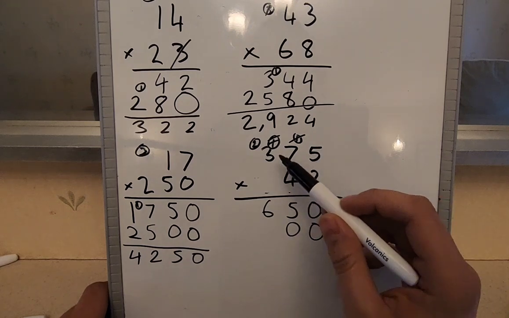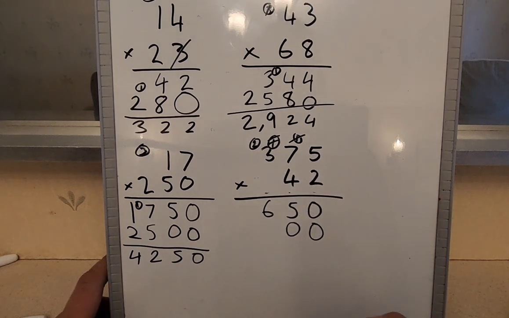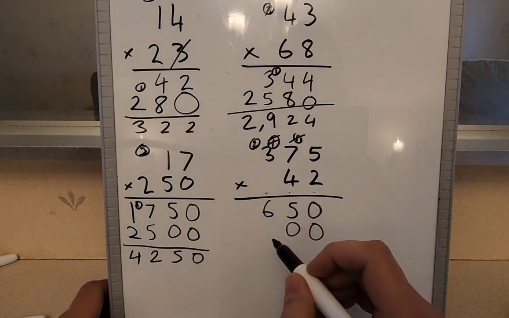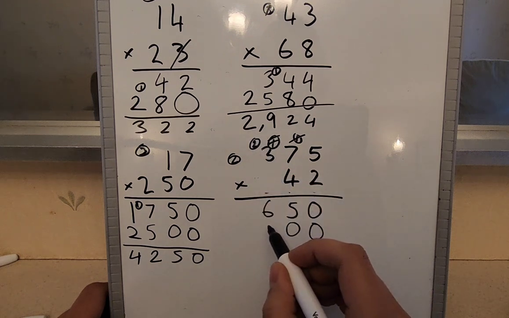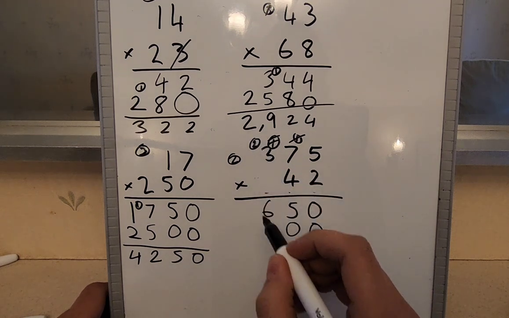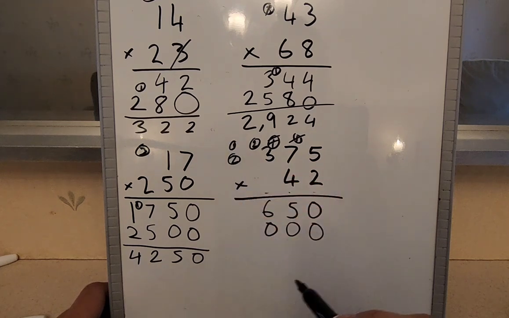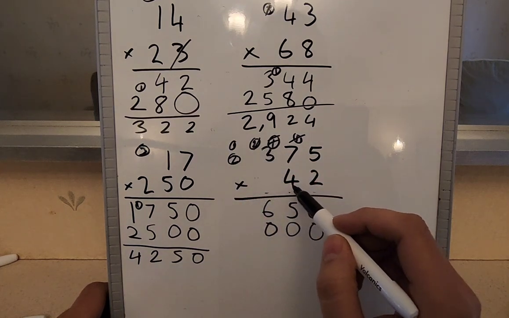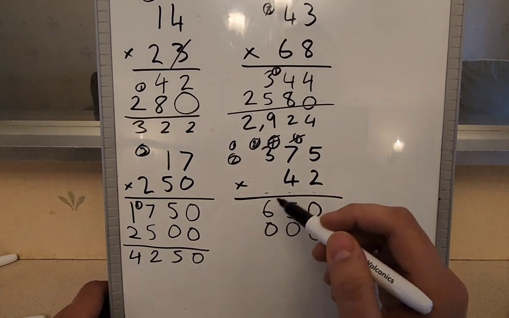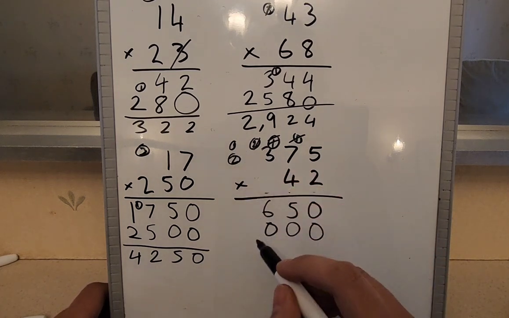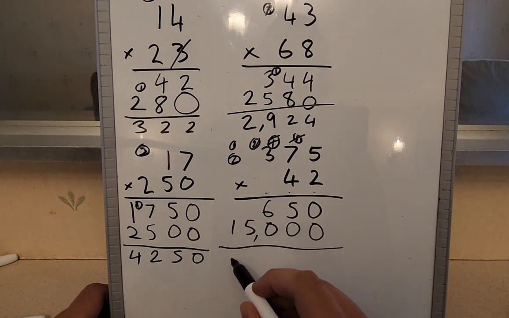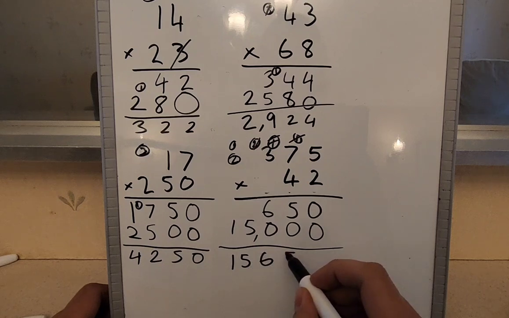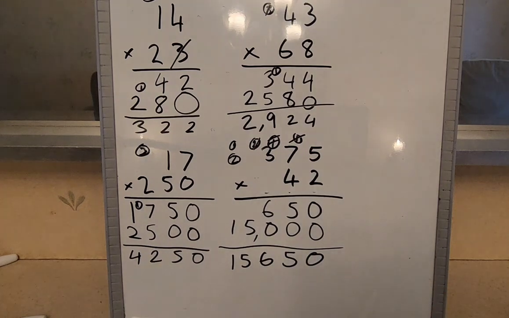4 times 7, which is going to be 28. So carry a 2 further. The 2 and the 8 becomes a 0, so actually carry 1 more. And then 4 times 3 is going to be 12, but we already have 3 here, so let's just write 15,000. Okay, once we add these up, we can see that it's 1,000. So it's